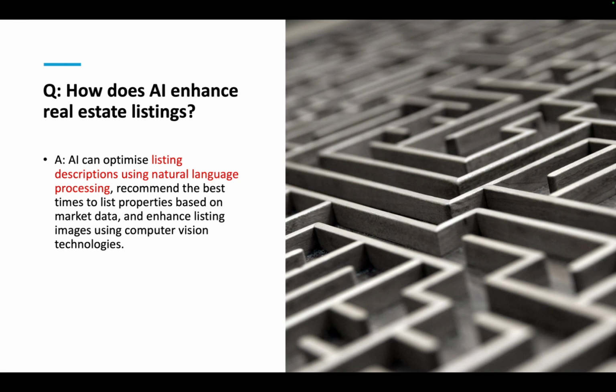How does AI enhance real estate listings? So AI can use natural language processing to ensure that your property listing meets and matches your best performing listing. So you can provide a best performing listing as an example, or the model, and then ask ChatGPT or the chatbot or whatever solution you're using to create further listings using that model as the basis. And with that, you can perpetuate the benefits and the rewards of providing copy that's more useful or more understandable to your clients.